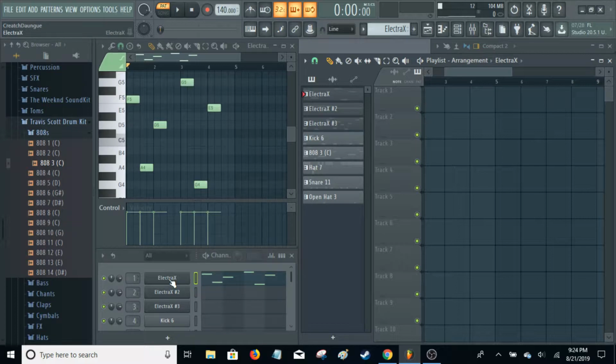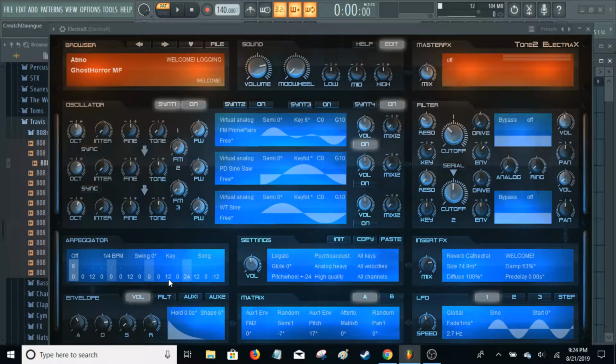In my opinion, ElectraX is the best plugin because you have 4 synths, each with 12 wavetables, one oscillator, a filter, an ARP, an envelope for each synth, and all this other stuff for each synth. So it's so much. Anyway, another thing that ElectraX does a lot better than Serum is it has good